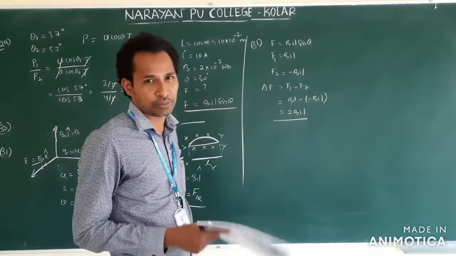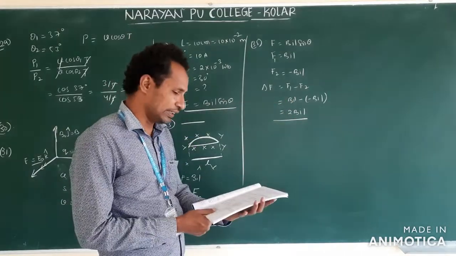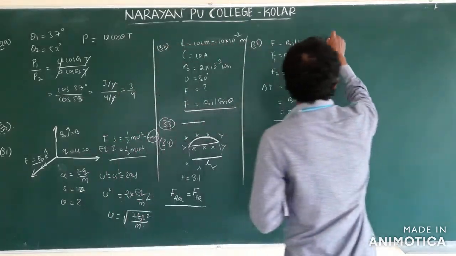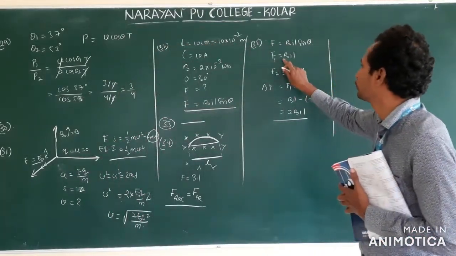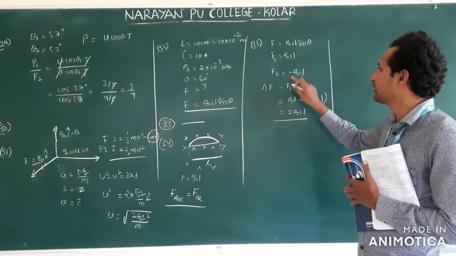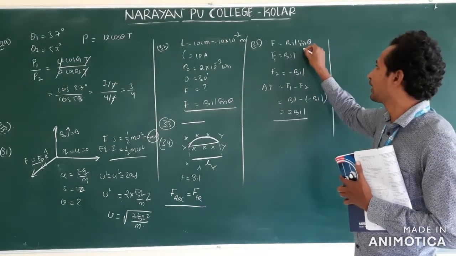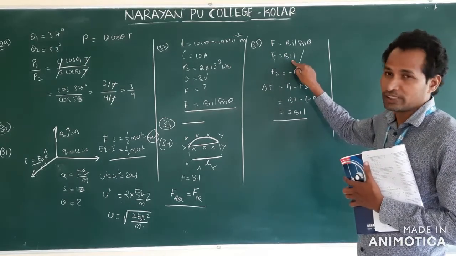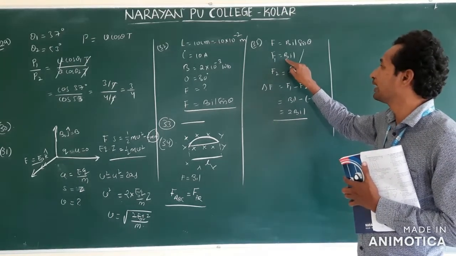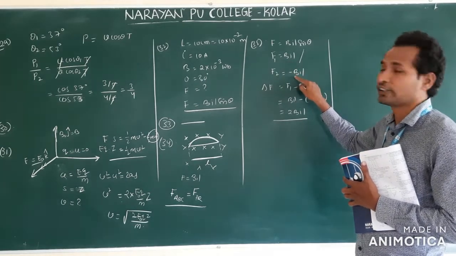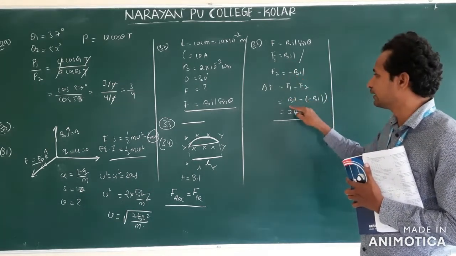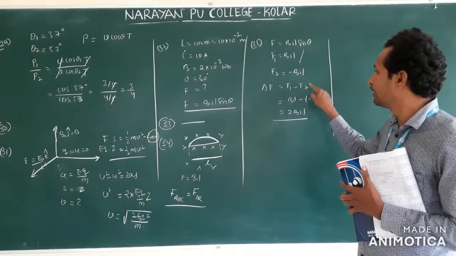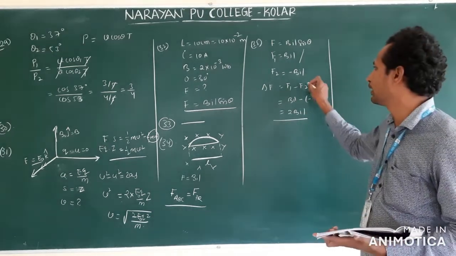You will get minus. Of course, actually here they did not mention the current direction. If the current direction is mentioned, what do you get? Sometimes we get minus for this and positive for this. Since the current direction is not mentioned, I have taken this as positive. If they mention it, we may get minus BIL and plus BIL, and in that case we will get 2BIL. Understand? Clear? So since current is not mentioned, that's what I have taken.